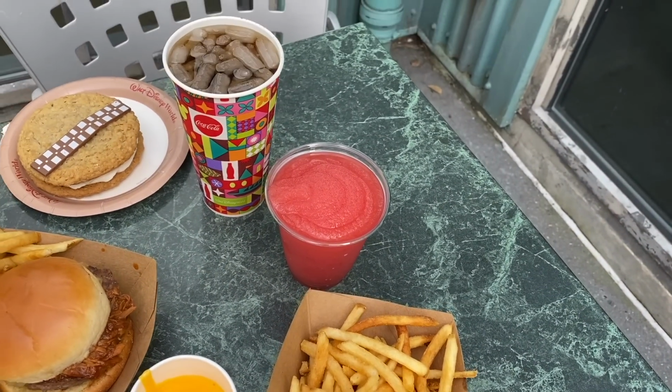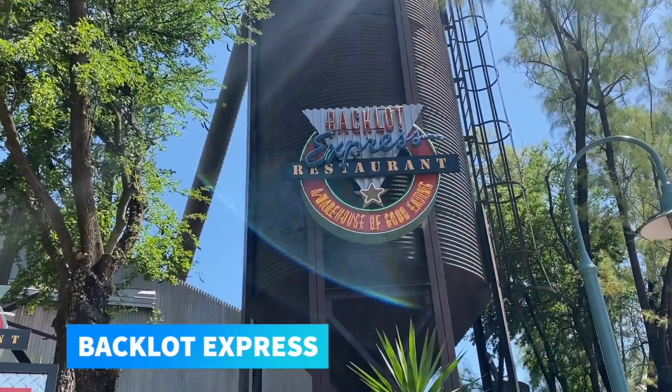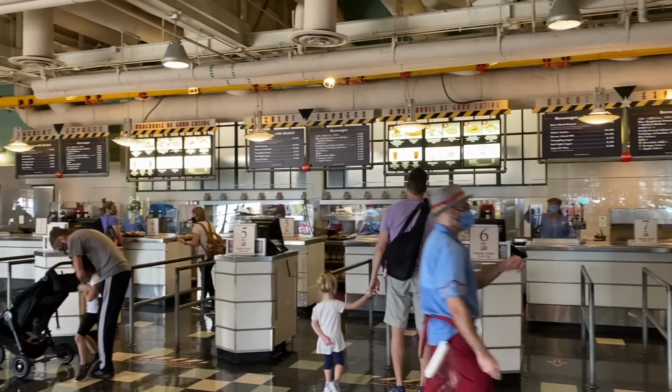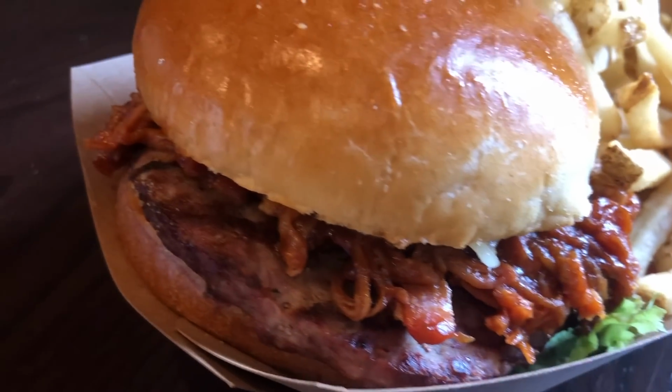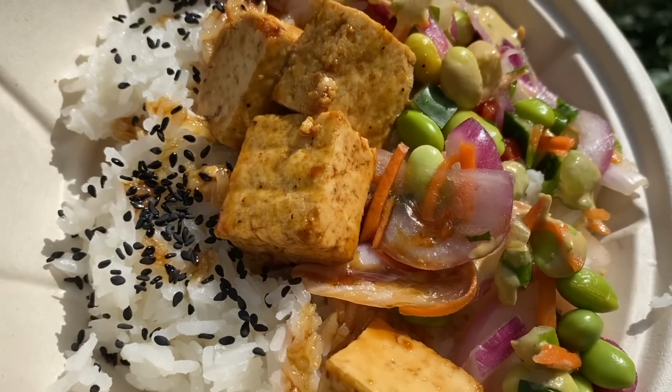If you're looking for food on the go, we're going to start at Backlot Express. This is themed as a production warehouse, so expect to see this place packed with unique props and paints and blueprints. This quick service location in Echo Lake offers classic counter service entrees like burgers, sandwiches, and salads. But there are also a couple of unique selections to choose from too, like the teriyaki tofu bowl and the